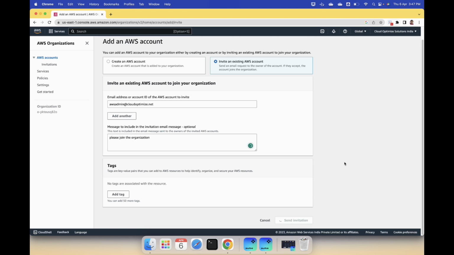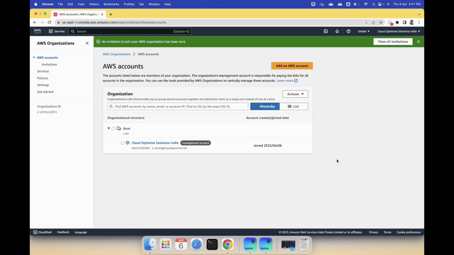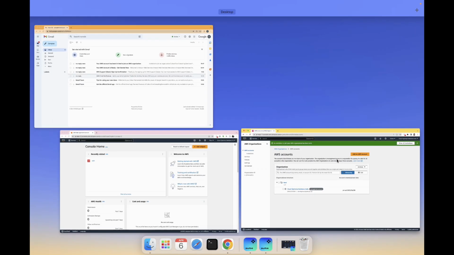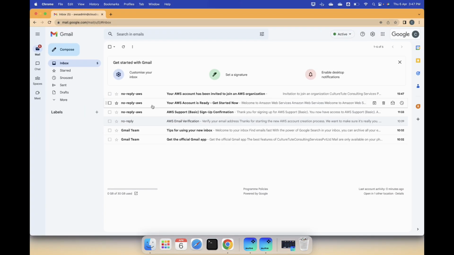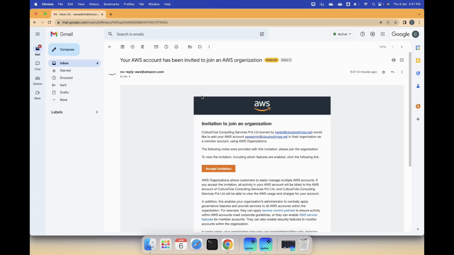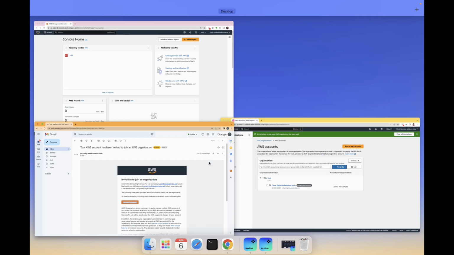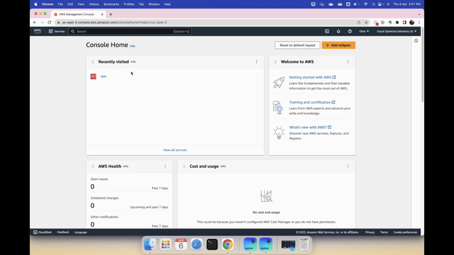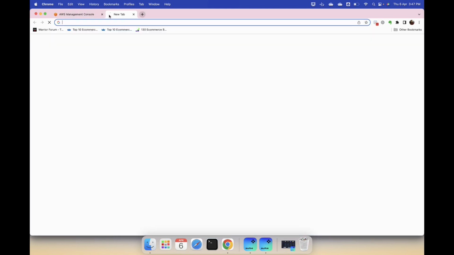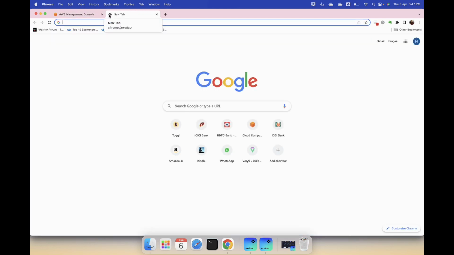I'm going to invite that user to join, and there will be an email: your account has been invited to join. I'm going to copy this link, and I already have the US account console open. Now we're going to try to accept that invitation. So here it is.